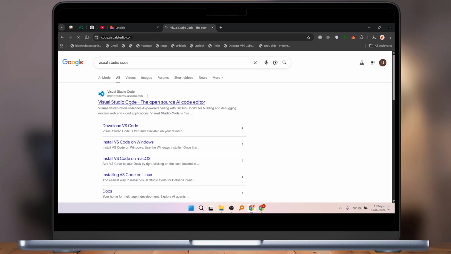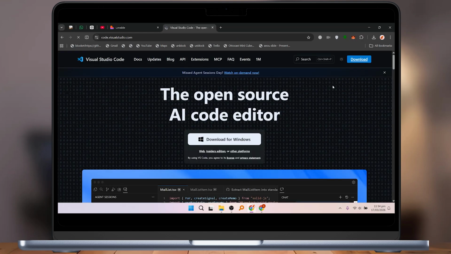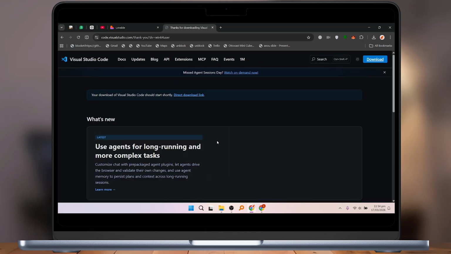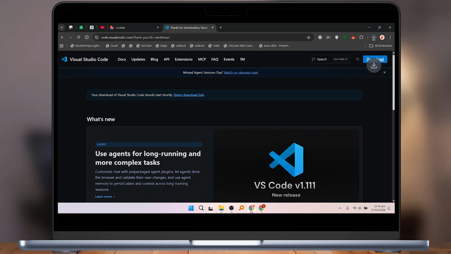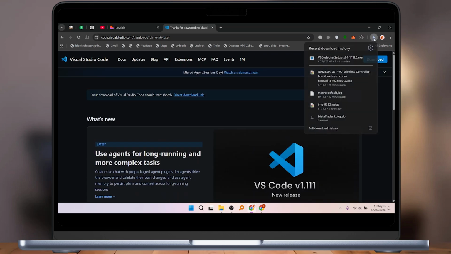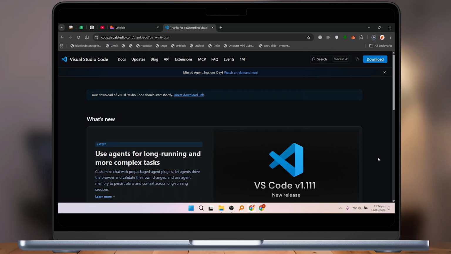Click on the first link that appears in the search results. On the VS Code page, select Download for Windows. Visual Studio Code is a powerful code editor that supports GitHub integration, making it ideal for managing and editing your Lovable projects. Once the download is complete, open the installer and follow the prompts to install Visual Studio Code on